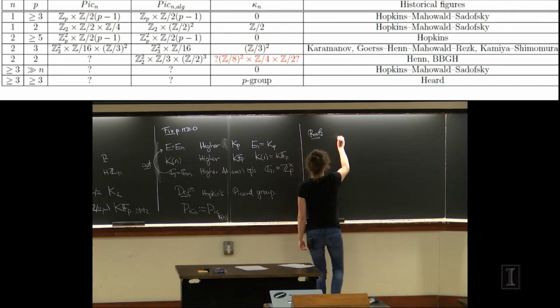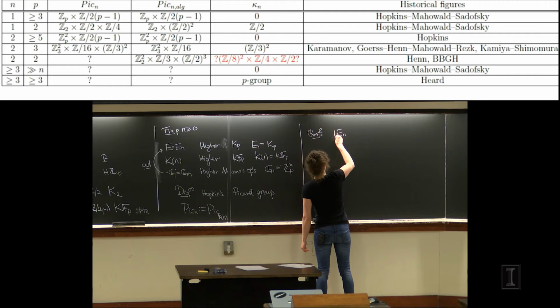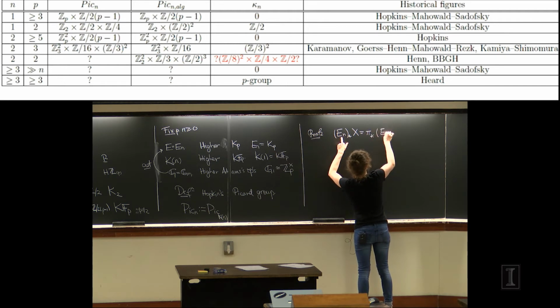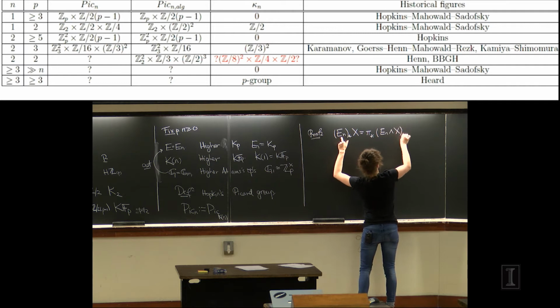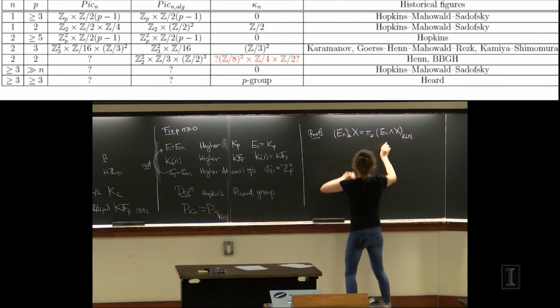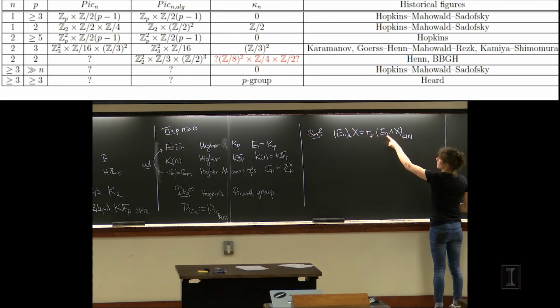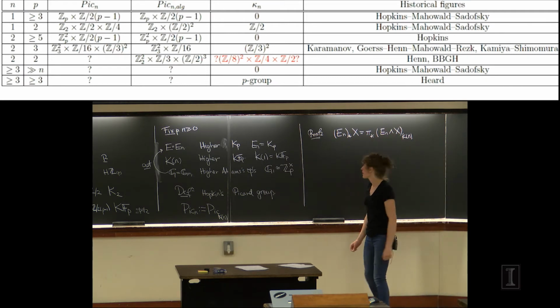So suppose I have a spectrum X, and I write E_n^*(X). It's going to mean not quite the E_n homology of X, which is what it should mean, but you take E_n, you smash with X, and then you relocalize. This process may not give you back this thing. It will sometimes, but not always.